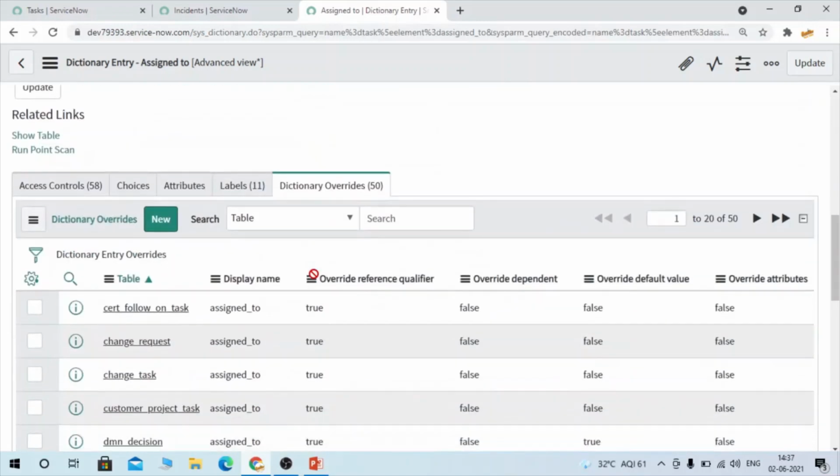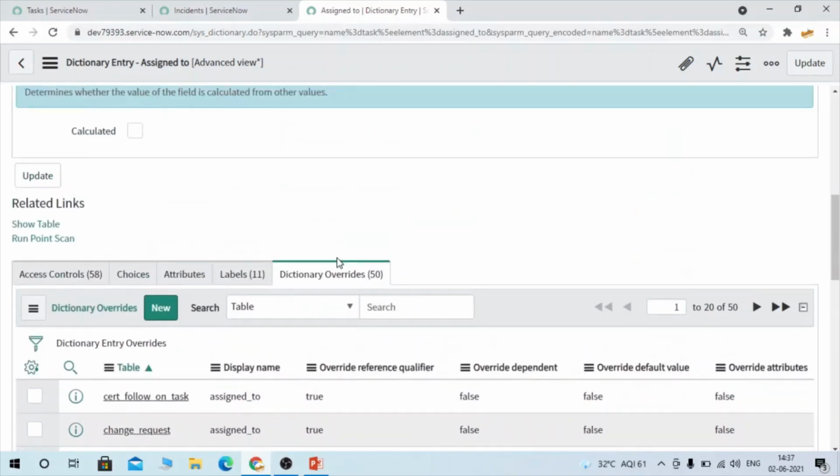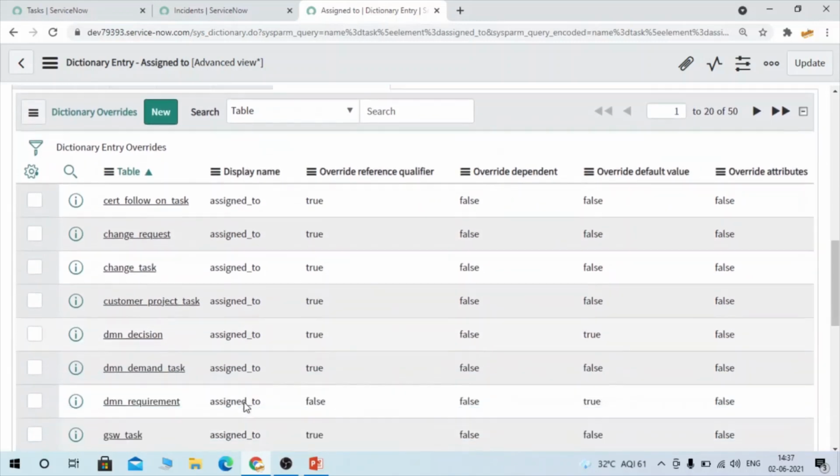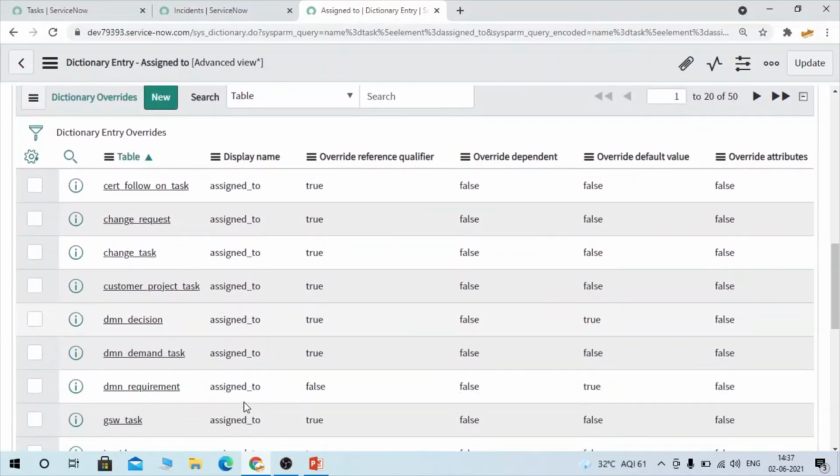So this is the property of the assigned to field on the task table, but if you scroll down, you can see there are 50 entries created for this assigned to field. Whatever table has extended the task table, if they want a different value or different property of the assigned to field, they come and create a dictionary override.